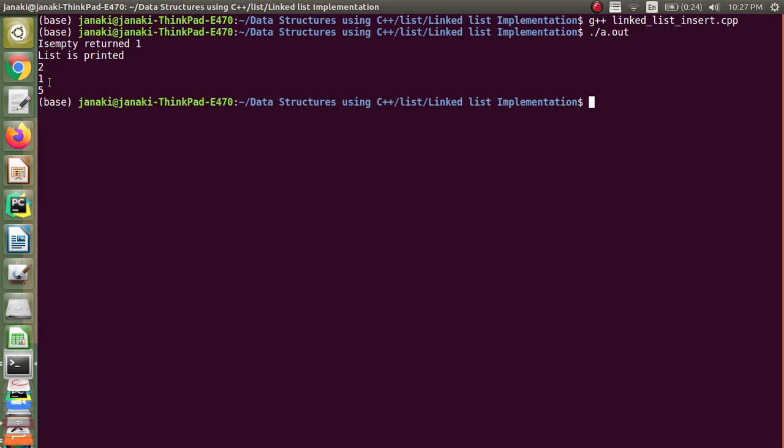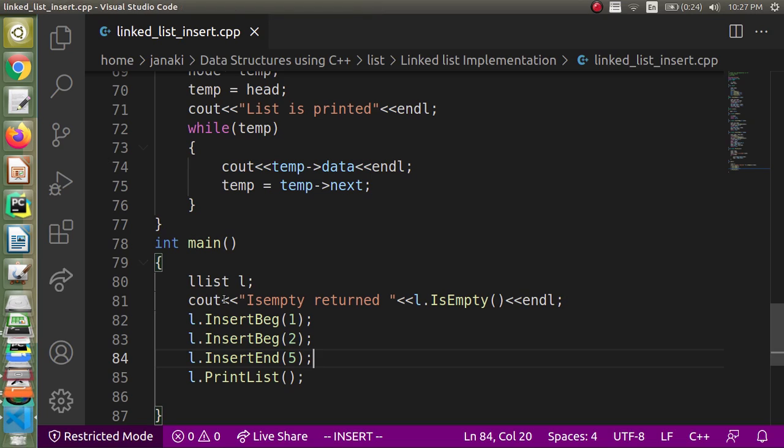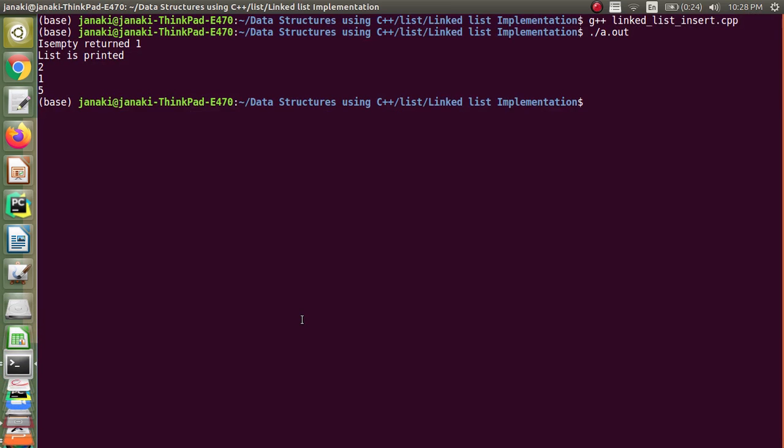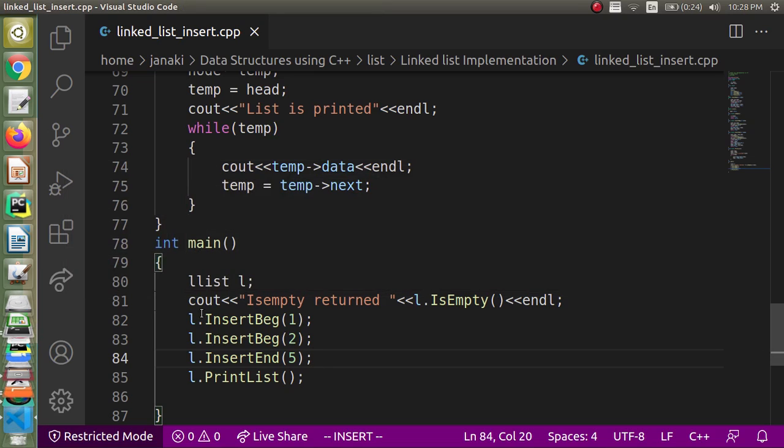So what you can see in the list is the elements are 2, 1, 5, because we are inserting first 1 and then we use insertBeginning for inserting 2. So 2 will come before 1 and then we are adding 5 at the end. So 2, 1, 5 is the list of elements that is getting printed.